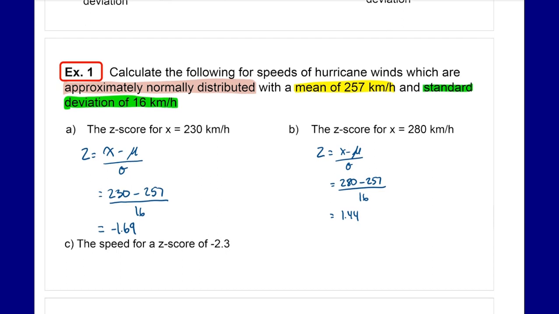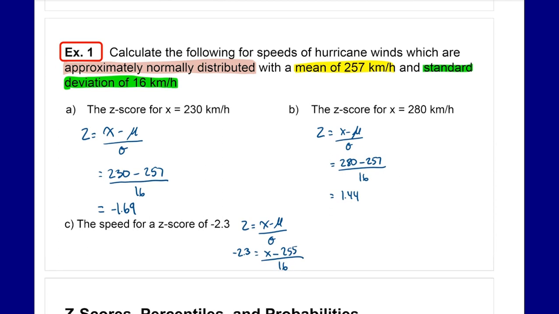C is now saying, okay, what is the speed for a z-score of negative 2.3? So here we're just working backwards. We still have the same formula, z equals x minus the mean divided by the standard deviation, except now we know the z-score is negative 2.3. We don't know x. We do know the mean is 257, and we're dividing by 16. So here we're going to rearrange our formula. I'll bring it up over here just for the space. We're going to bring the 16 up to the other side. So 16 times negative 2.3